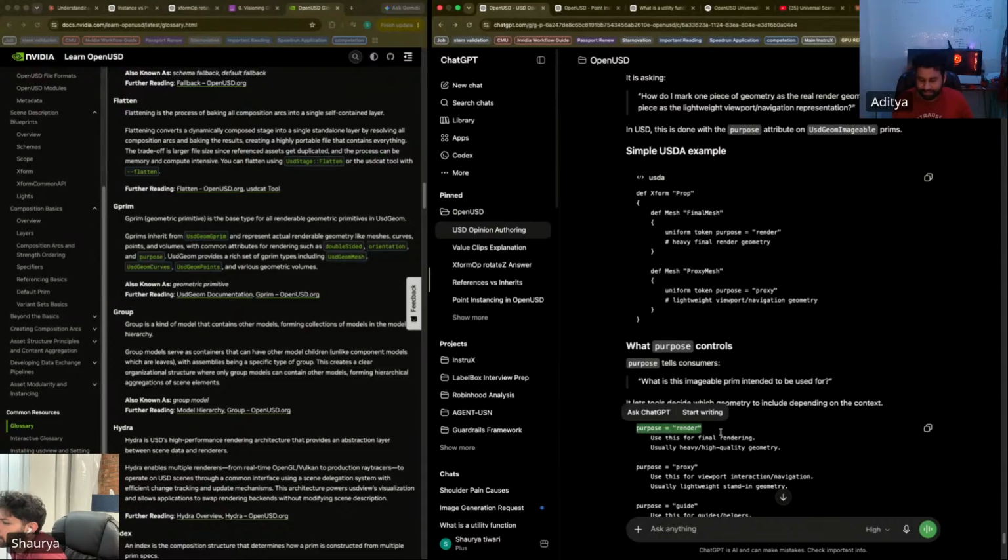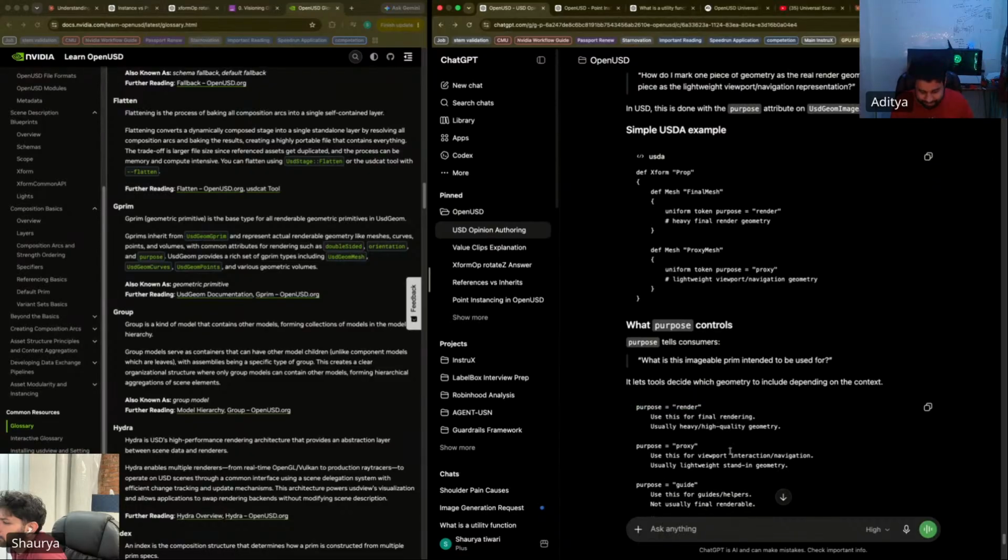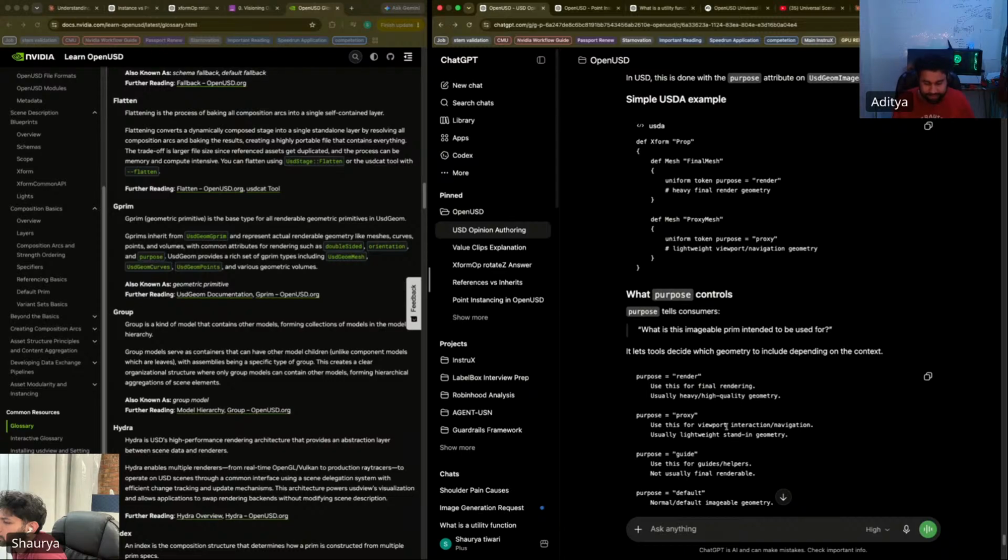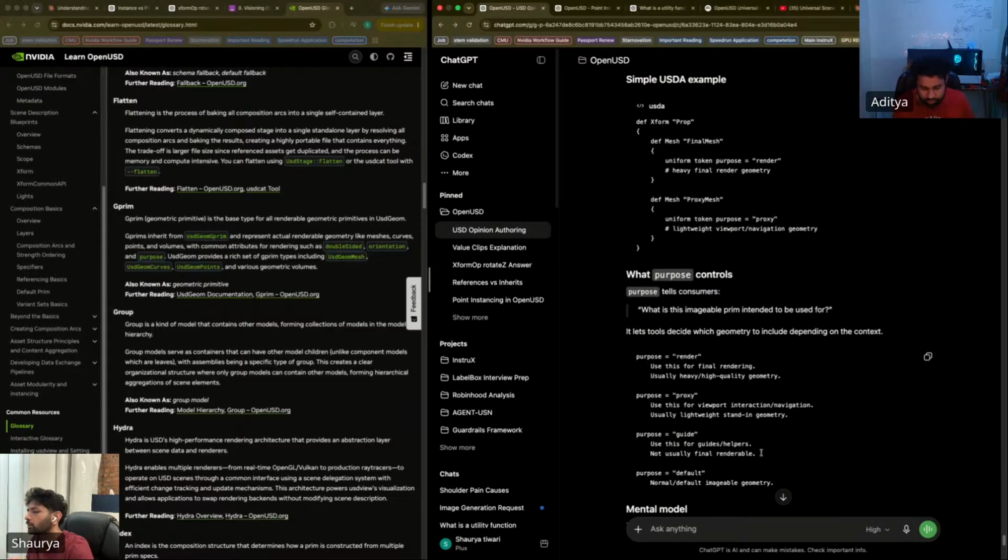Purpose render, use this for final rendering, usually heavy high quality geometry. Purpose proxy, use this for viewport interaction and navigation, usually lightweight. Purpose guide, not usually final renderable. So there are four types of purpose. Let me note this down. This is important.